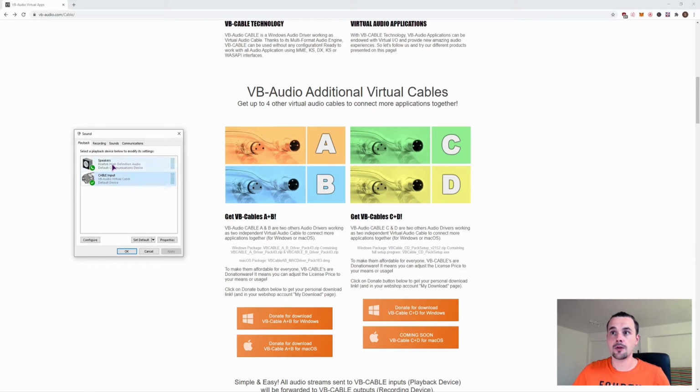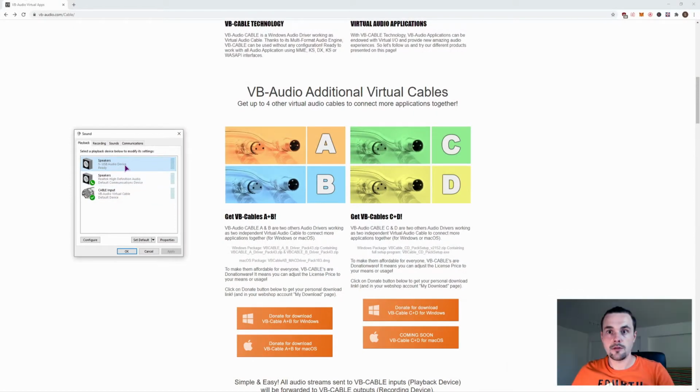This is the VB cable and the speakers connected to the PC, but if I connect my USB headphones that have their own sound card, you'll see another listing pop up, and this is my headphone set. If you don't have it, don't worry, you don't need it, you only need one of these 2 things. So how the VB cable works is the same as the sound card and the motherboard, except it uses the same output, so either the speakers or the headphones. You don't need to connect anything extra to the PC.